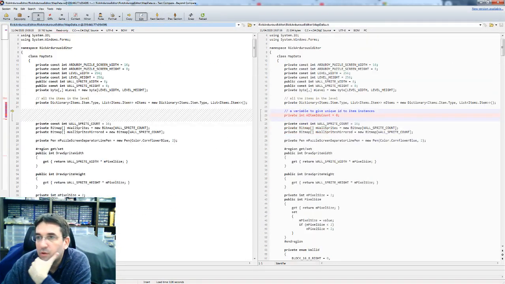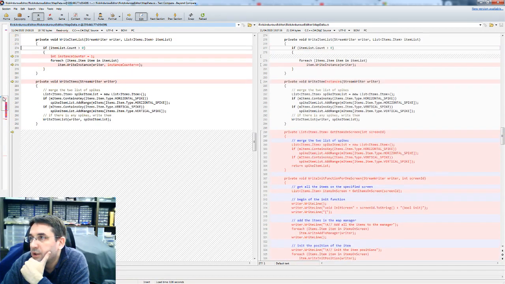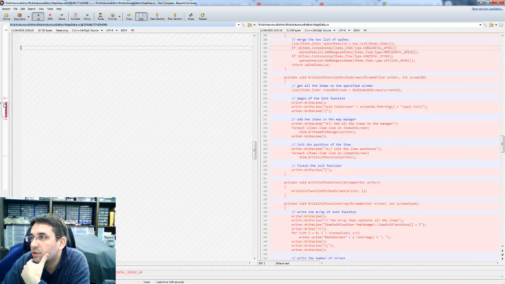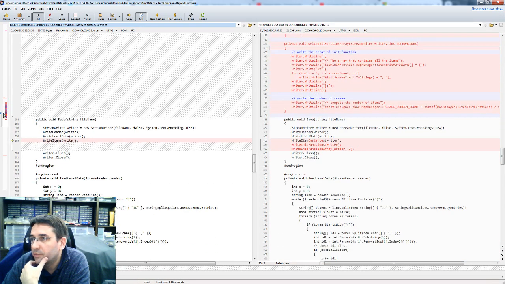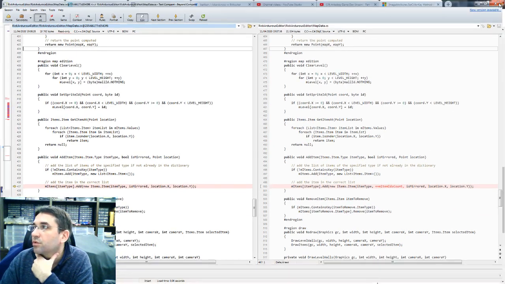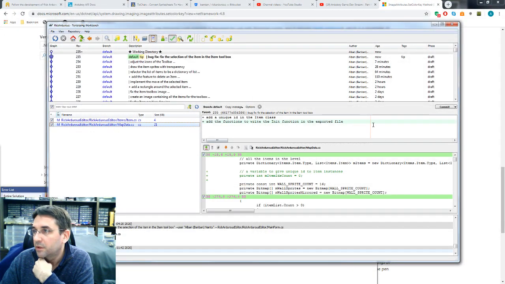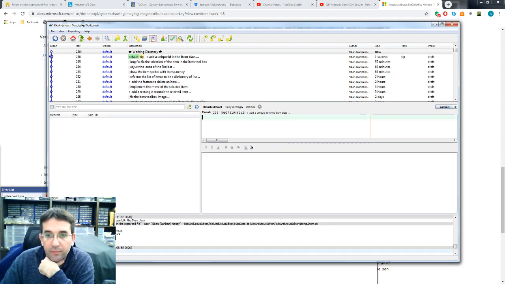Yeah, so that's our global ID. So we remove the instance counter, and yeah, and here we add it in the constructor. All right, so